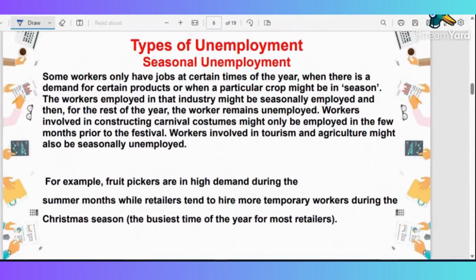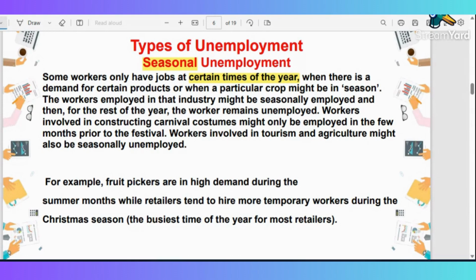Next, we have the seasonal unemployment. Now, when we think about seasonal unemployment, what comes to mind? We think about the seasons, we think about the different times, right? It states that some workers only have jobs at certain times of the year, which is true. Not all persons work permanently or right through the year. When there is a demand for certain products or when a particular crop is in season, the workers employed in that industry might be seasonally employed,